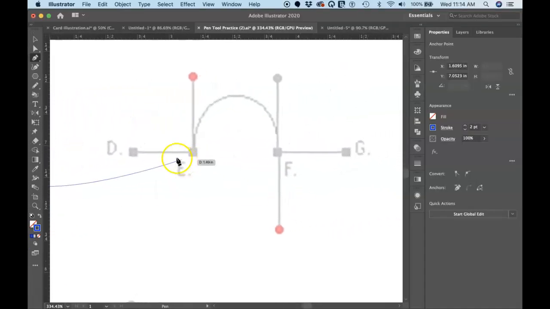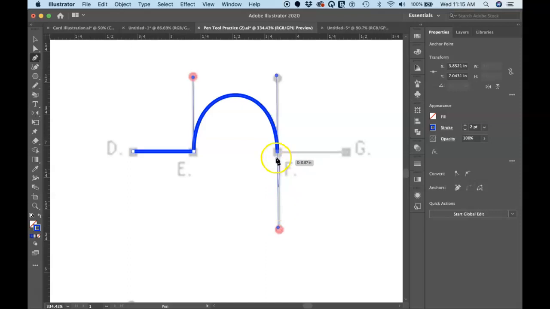D to G, similar. Remember, Command click off to deselect the last path. All right, D to E is straight, so I don't have to do handles at all here. Just click on D, click on E, straight line. Now, E to F is curved. So what I'm going to do is click on that point, that last point at E, and drag a handle out from it, like so. So now I'm telling Illustrator, okay, I want you to curve upward. And so go to F, click and drag to finish that